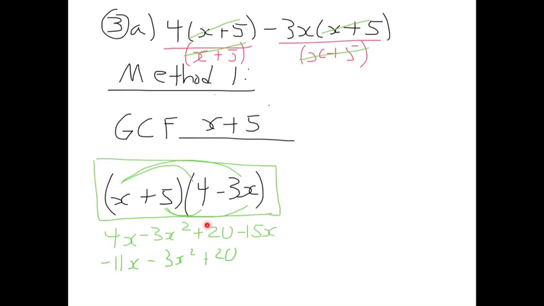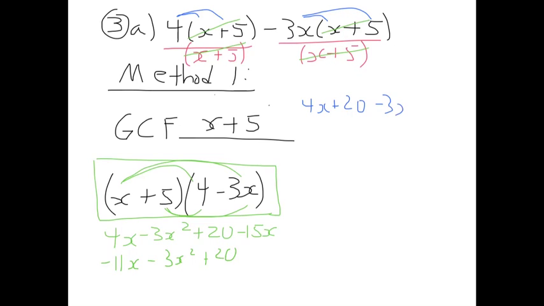What we need to do is somehow modify this to make it look like that. Right? And if we can do that, then we know we're right. Okay, so to do that, I'm going to get out some blue here. Come on, blue. There we go. And I'm going to distribute this 4 into both of these terms, and the negative 3x into both of these terms. Okay, so that gives me 4x plus 20